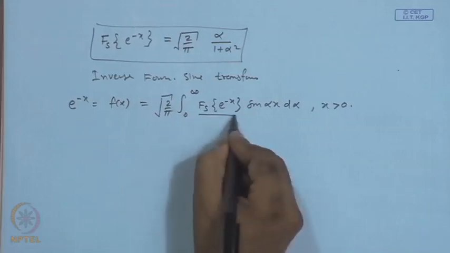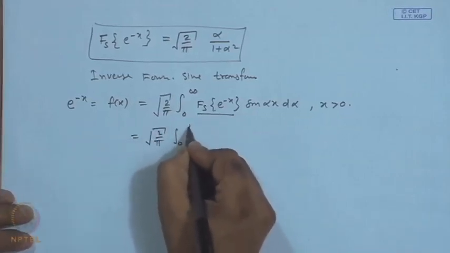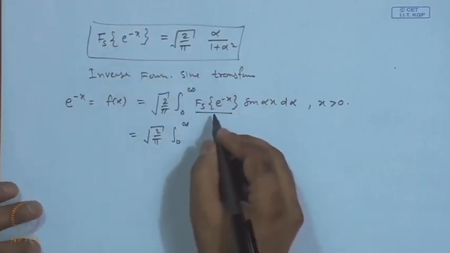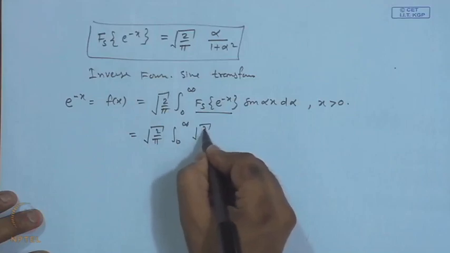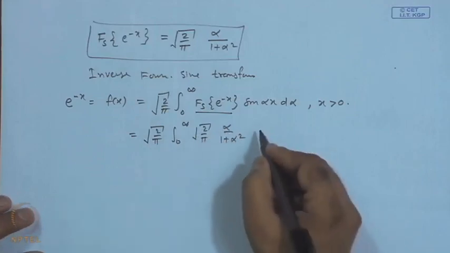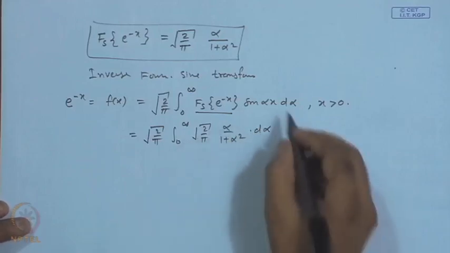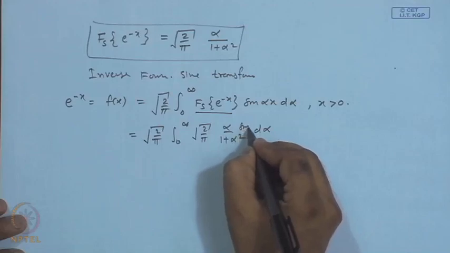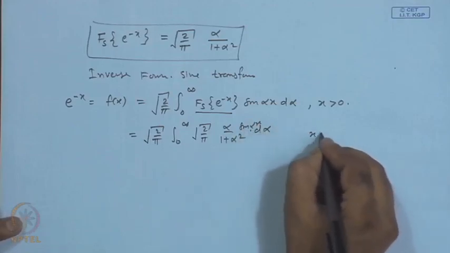So, this is what we got already, square root 2 over pi, integral 0 to infinity, F_s of e to the minus x is square root 2 over pi times alpha over 1 plus alpha square, and we have this sine alpha x d alpha for x positive,